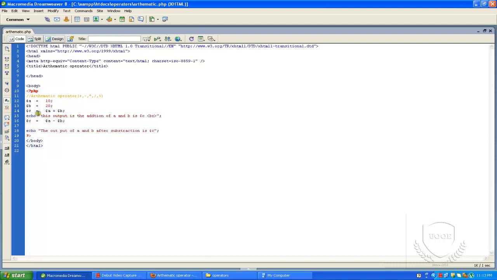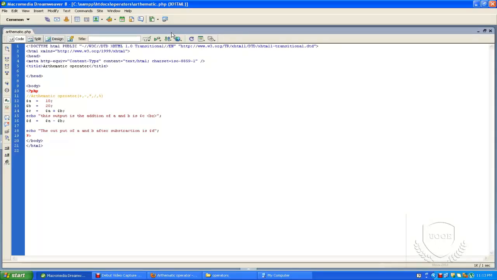I think I already used the variable c, so I am using d instead. You can see that the output of a and b after subtraction is minus 10, because 10 minus 20 is minus 10.